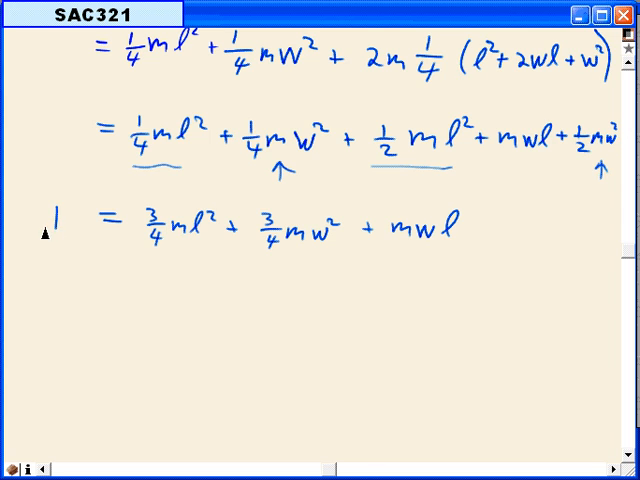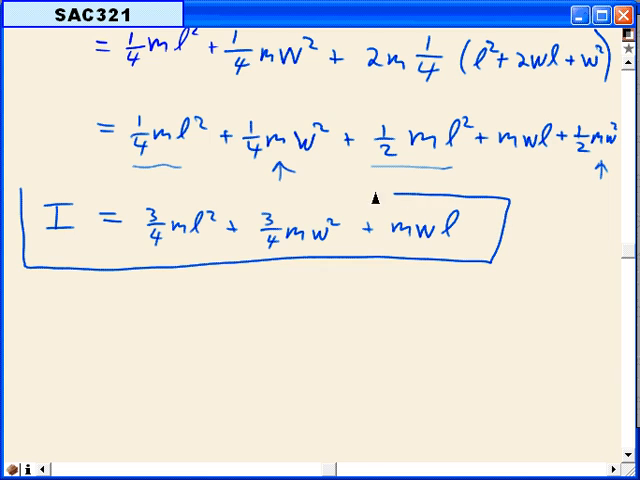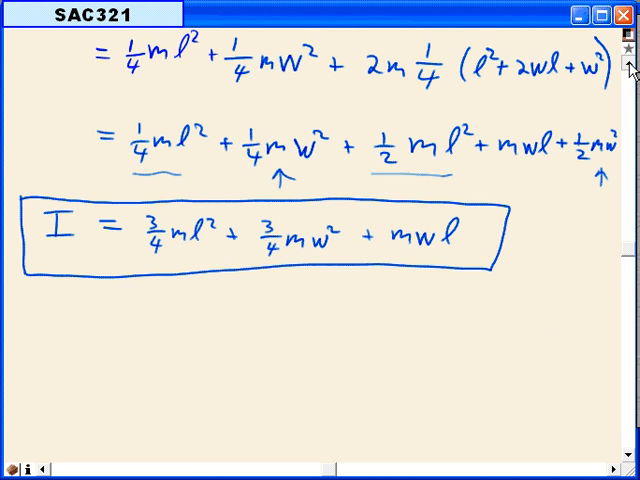I think I'll just leave it like that. We could factor out an m if you want. I think it looks pretty simple the way we've got it written. Units are consistent. Every one is a mass times a length times a length. Here W times W, L times L. Here W times L. So we're dimensionally